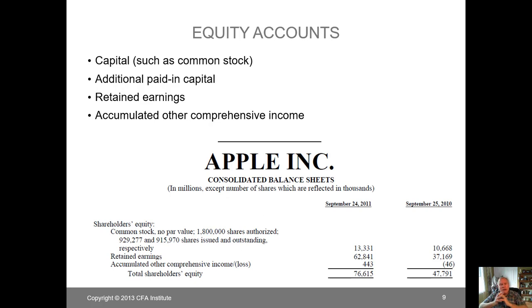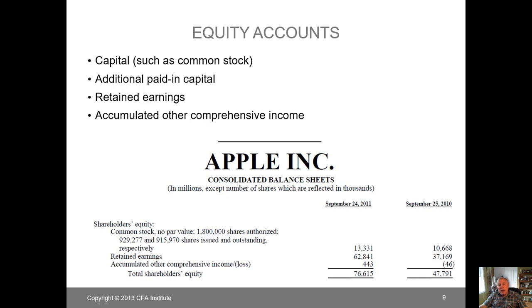And equity accounts have a number of components. Capital, such as common stock. Oftentimes that's listed simply as a very simple number. It doesn't necessarily represent cash that came in. So it could be a par value of 10, all different numbers there. Then additional paid-in capital. Capital often starts as common stock with a value, and sometimes when you sell equity, you will then end up with additional paid-in capital. So the top two are the capitalization of the company.